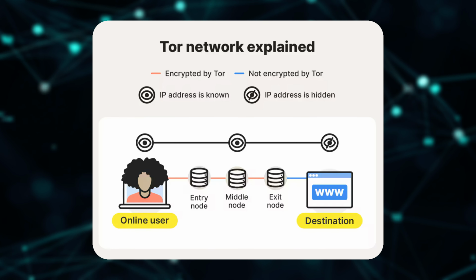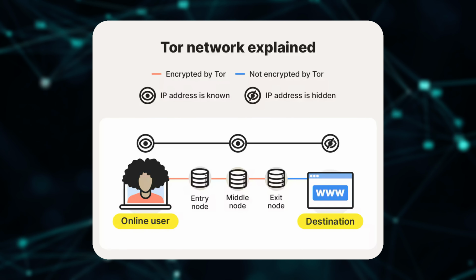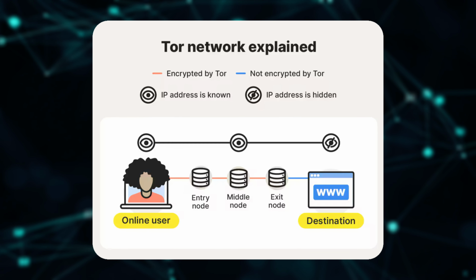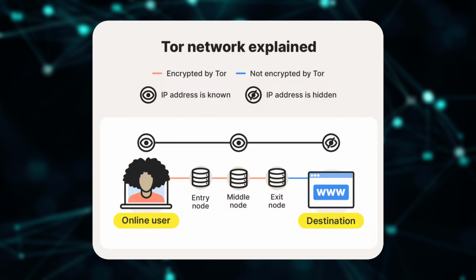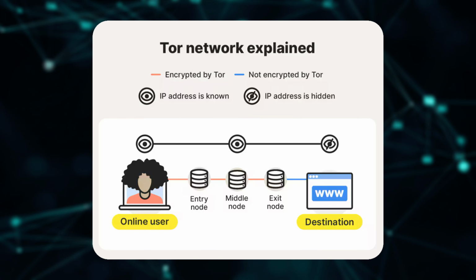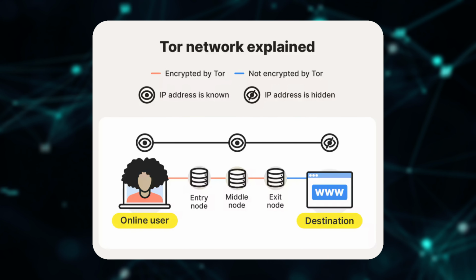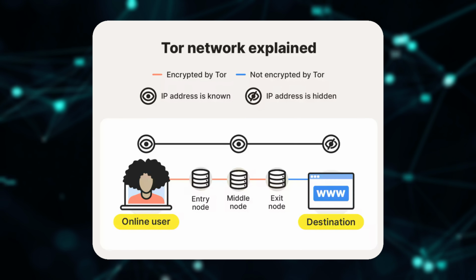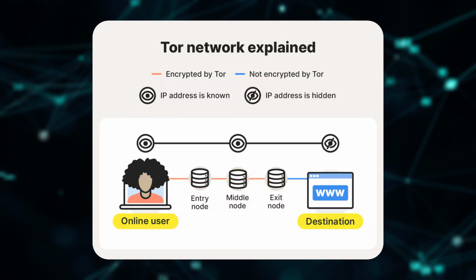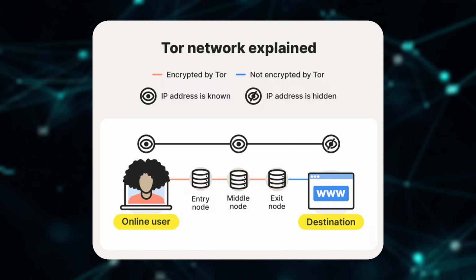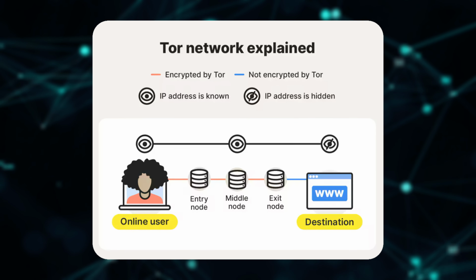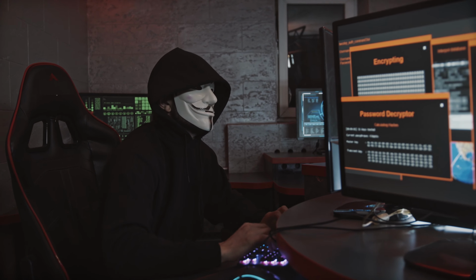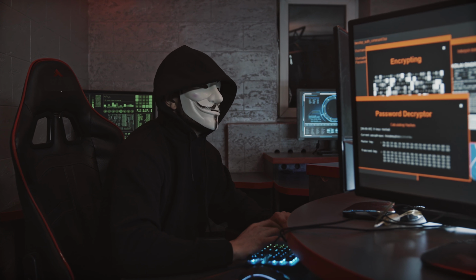The first node, the entry guard, only knows your identity and the next relay. It peels off one layer of encryption. The second, a middle relay, only knows the node before and the node after it. And the third, the exit node, peels off the final layer, revealing the destination of your request. But crucially, it has no knowledge of where your request originally came from. This system guarantees profound anonymity, masking your true IP address and location.